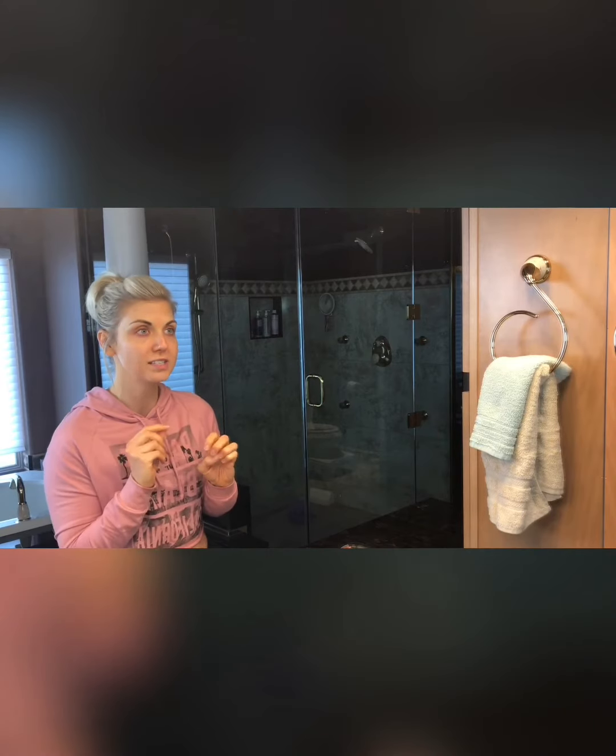Hey guys, so this is like a first, but I'm coming at you with zero makeup on, absolutely none. Just got done washing it off. I got done with my workout this morning, so here we are. But I wanted to come to you and share some of my new favorite medical grade products that are actually